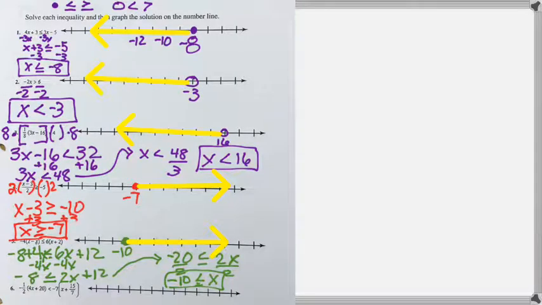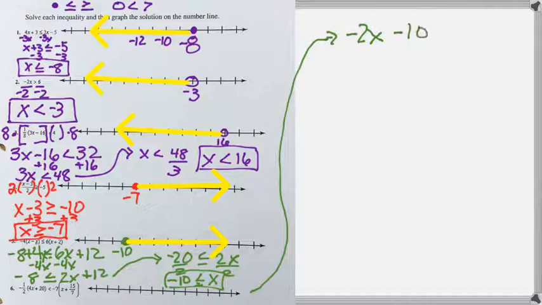All right, so I want to solve problem number 6, and we'll solve it up here. So when I go through and I want to solve this, I need to distribute the negative 1/2 across the parentheses. So I will end up with negative 2x, and negative 1/2 times a positive 20 will give me a negative 10. And then that is going to be less than, now when I distribute the negative 7 across, I